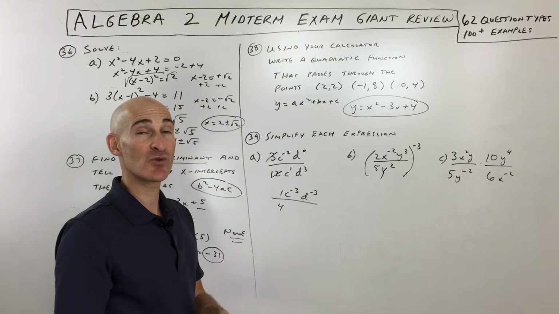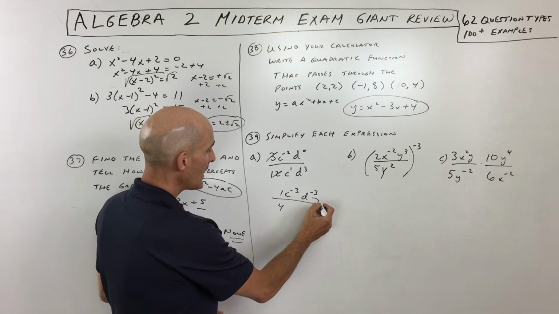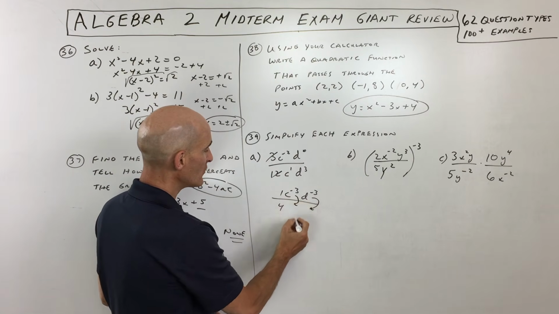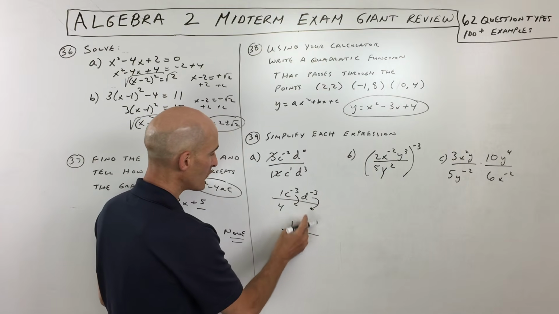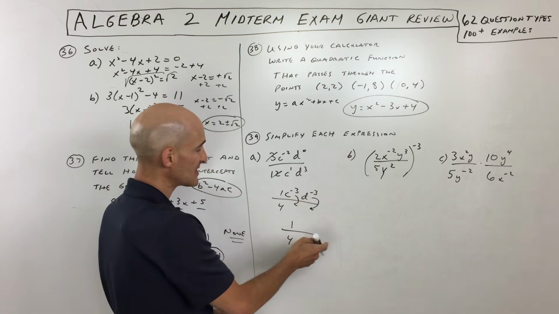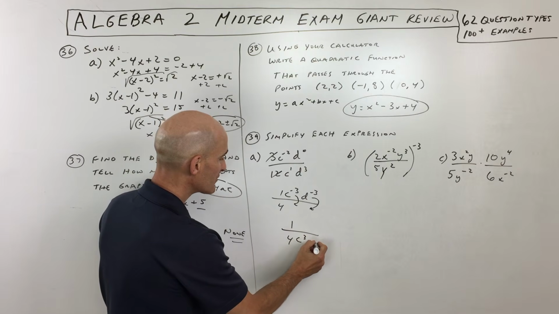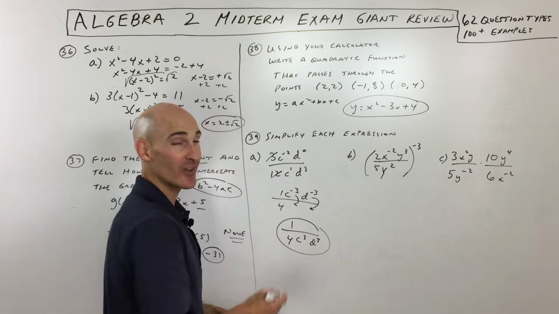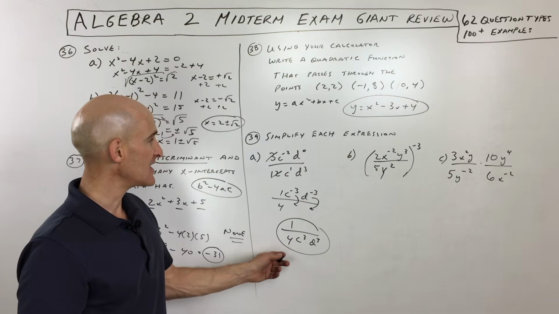Now, you don't want negative exponents in the final answer, so what do you do? Anything that has a negative exponent, you move it to the other side of the fraction bar. If it was down here, you move it up to the top. If it's in the top, you move it to the bottom. The negative is just telling you to take the reciprocal. Okay, so that's the idea for letter A.